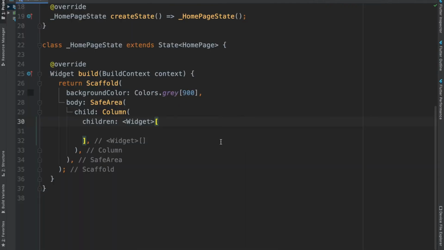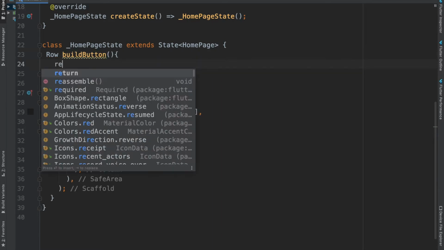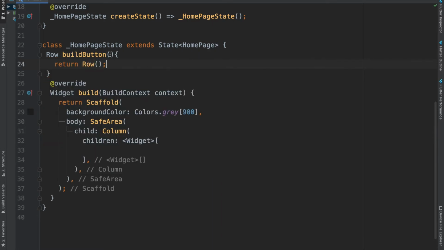In order to create the buttons, we'll create a function called buildButtons which will return a row. And we'll pass 4 strings as parameters inside this function. These strings will be the strings that we pass to the buttons.